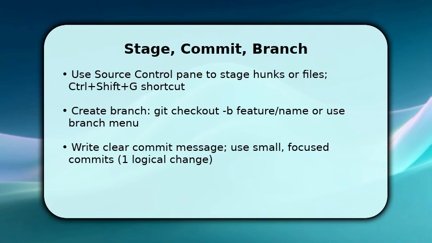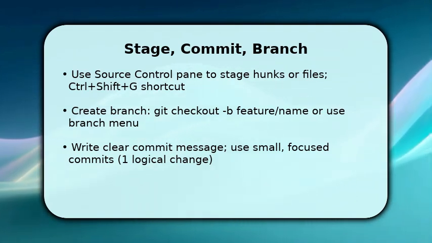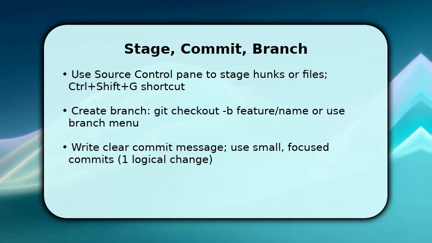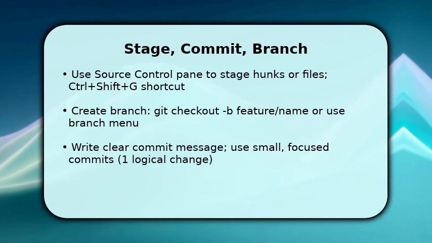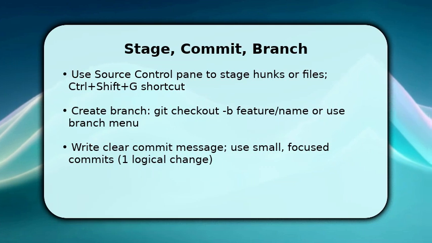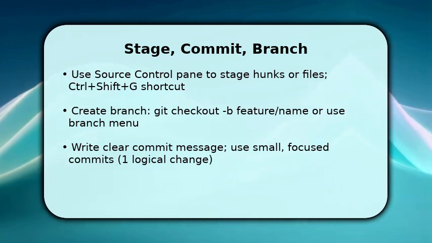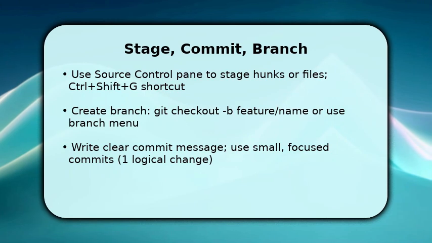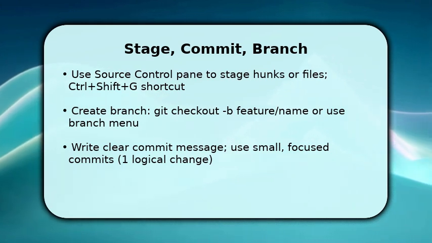Now you execute the central workflow: edit files, then switch to the source control pane. You stage changes selectively, stage hunks or whole files, so commits stay focused. Once staged, write a concise commit message and commit. This keeps history meaningful. For new work, create a branch with git checkout -b feature/name or the branch menu to isolate